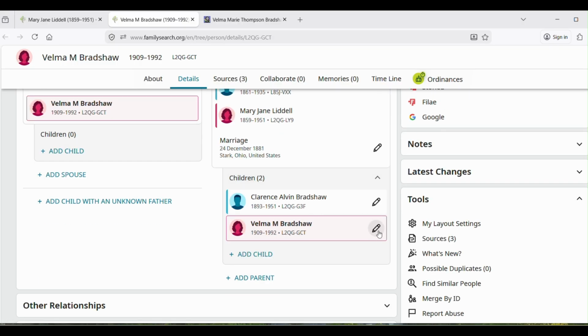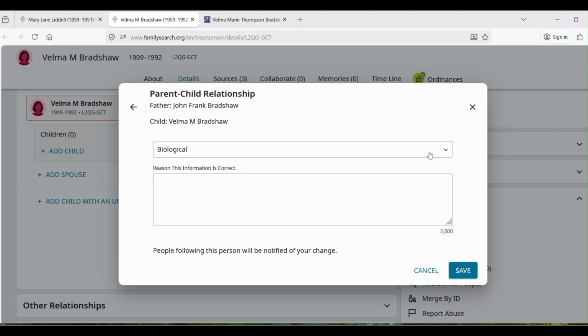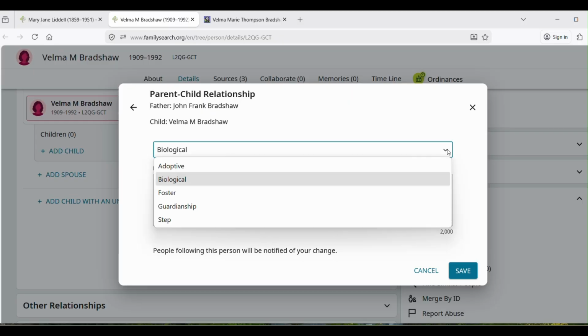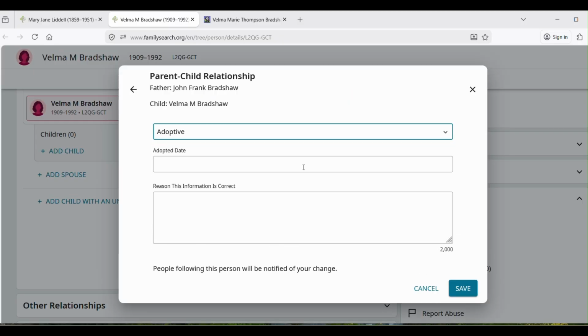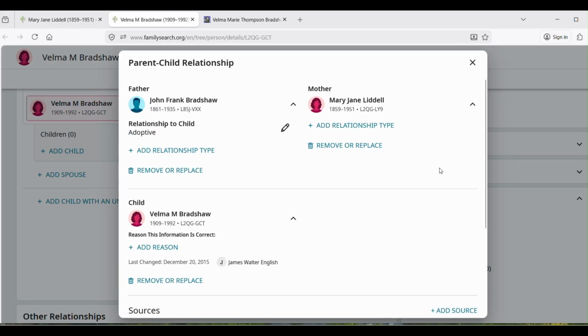Now I can go here and add the relationship type as adopted. So if I do adoptive and I say as stated in the 1920 census, that works. And I should have copied and pasted that, because now I can do the same.